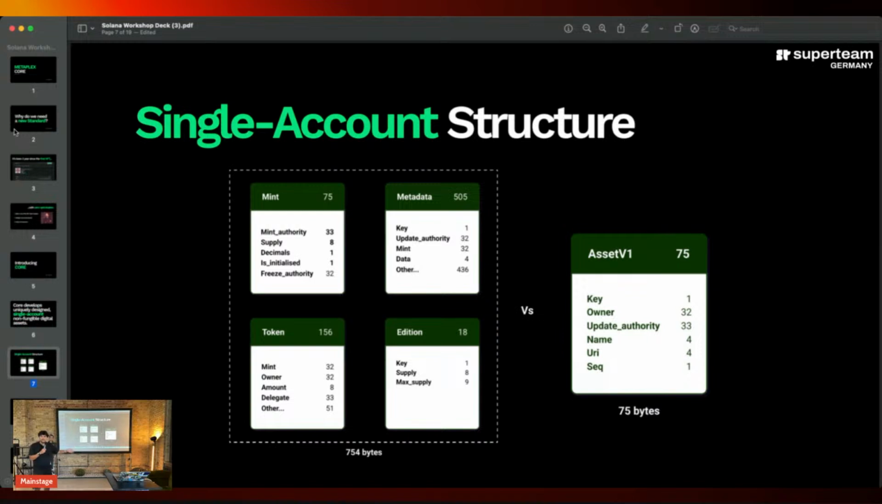You can see that if we go inside of every account, it's easy to see that we don't actually need most fields. We just actually need those 4 fields that are in the Asset V1 account for Core Asset now. So we need an owner, because it can always be only one owner, and having the owner directly inside of the asset, it's even more